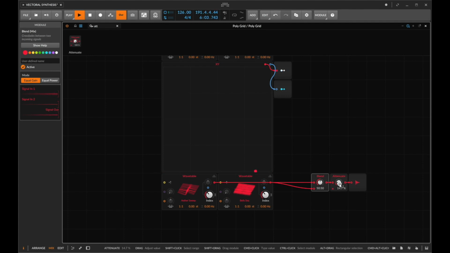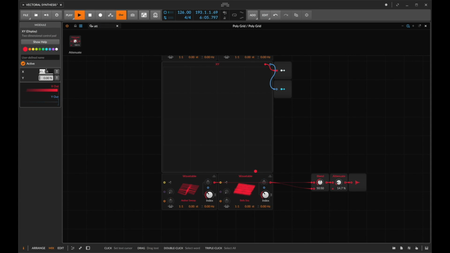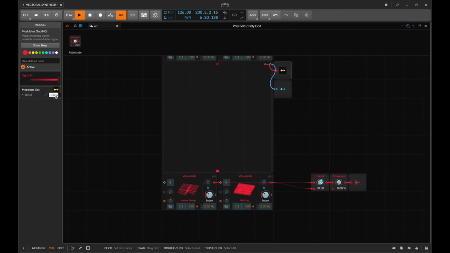So first of all, I'm going to take the XY pad and I'm going to set the X coordinate here to 50%, so we're bang on in the middle. And if I were to now map this X coordinate to, as it goes up, push the blend up, and we're going to want to go by 0.5, you'll see that what happens is I can indeed keep just this sound. But as I start to go here, we haven't fully got rid of that bell sequence,